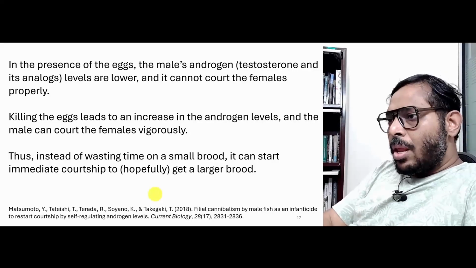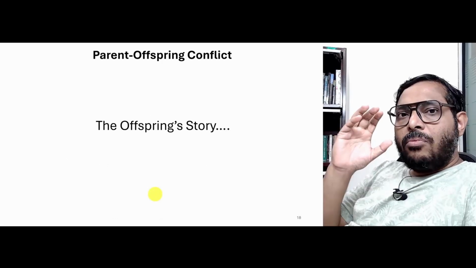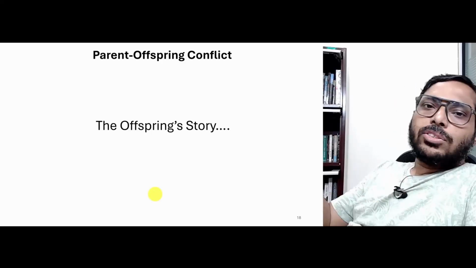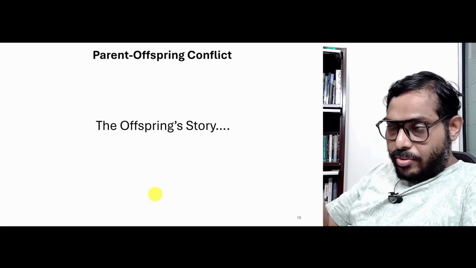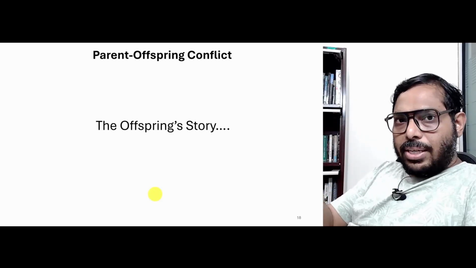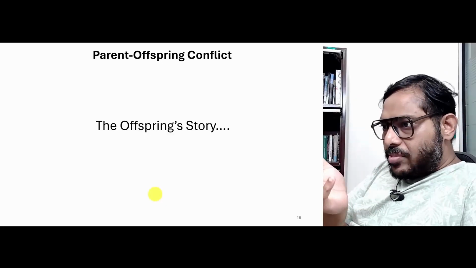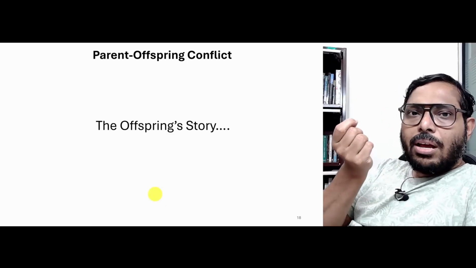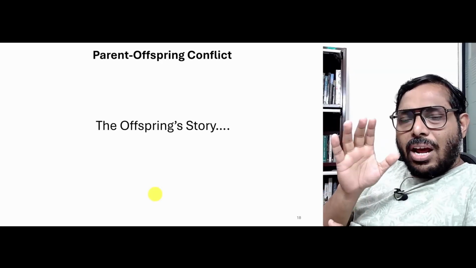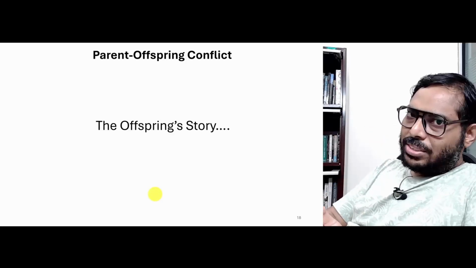So, this is what we know about the parents' side of the story, and as you can see, the parents do all kinds of things to increase their own fitness, right. And in many cases actually killing of the offspring does end up increasing the parents' fitness, which is why they are doing it. Now, obviously, you are going to think, poor offspring, it is either a one-celled egg or it is not even born in some cases, or it is very weak and unformed in the early stage. The poor offspring has no real defense.